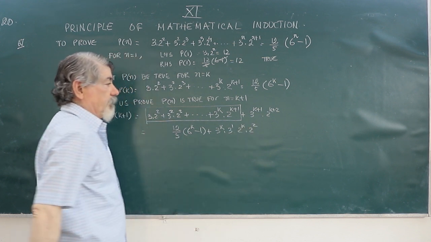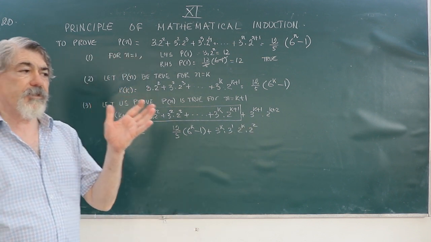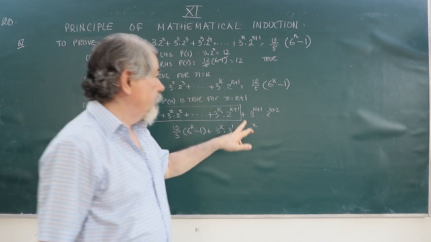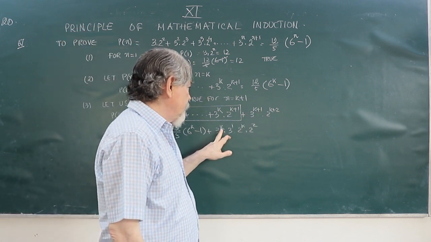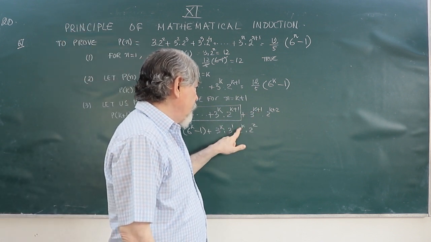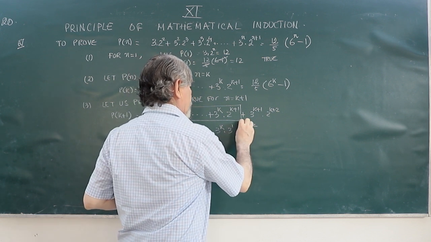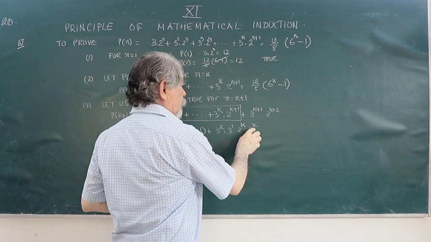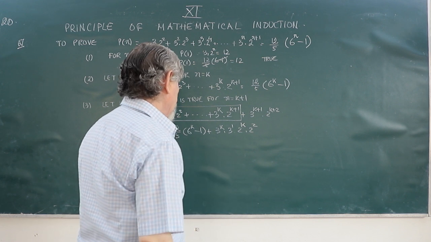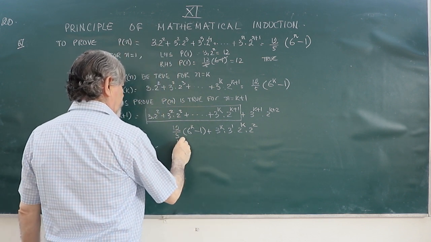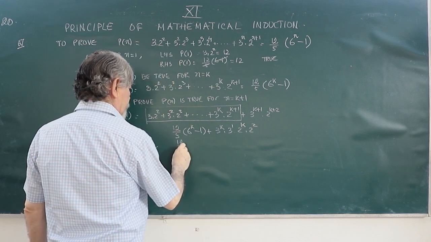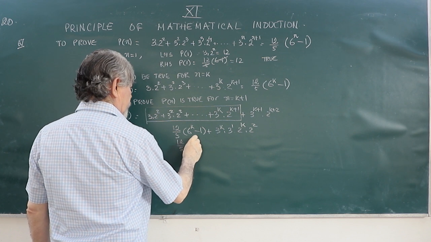I have broken up the powers. 3 to the power k plus 1 is written as 3 to the power k, 3 to the power 1. It is written as 2 to the power k, 2 to the power 2, so it is 4 3s are 12. 12 upon 5, 6 to the power k